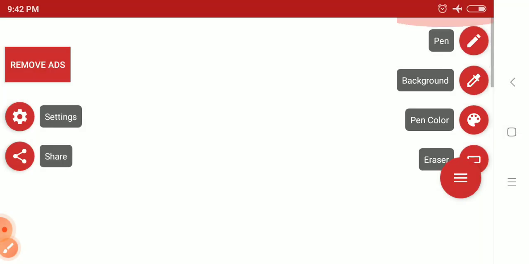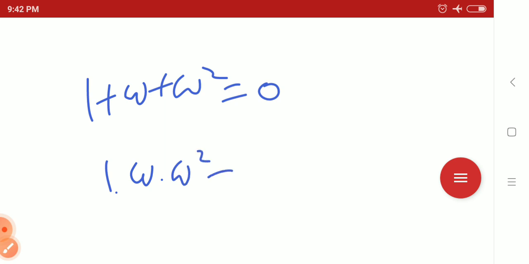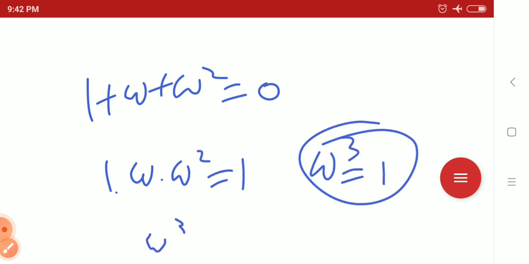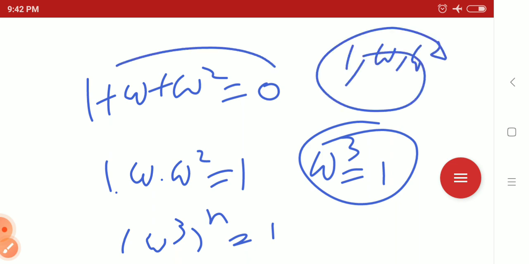And the properties of this cube root of unity are that 1 plus omega plus omega square equals 0. 1 into omega into omega square equals 1. Omega cube equals 1. Omega cube whole to the power n equals 1. If 1, omega, omega square are the complex cube roots of unity, then suppose you have to